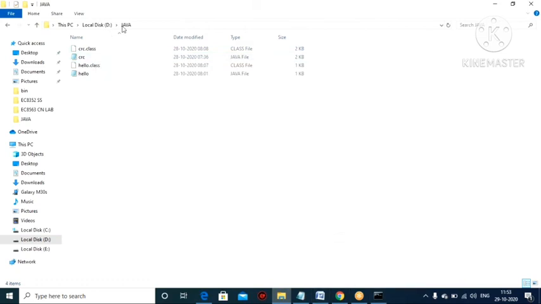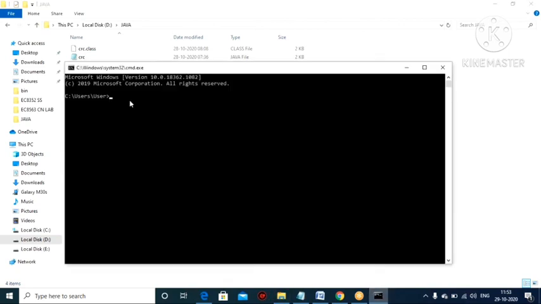So the path is the D drive, Java folder. First, the Java command prompt; I'll give you the basic commands here. I want to set the path in the command prompt. It shows the C drive only, so I change the directory. First you give cd, then again cd, and now it comes to D. D colon changes the path directory to D.